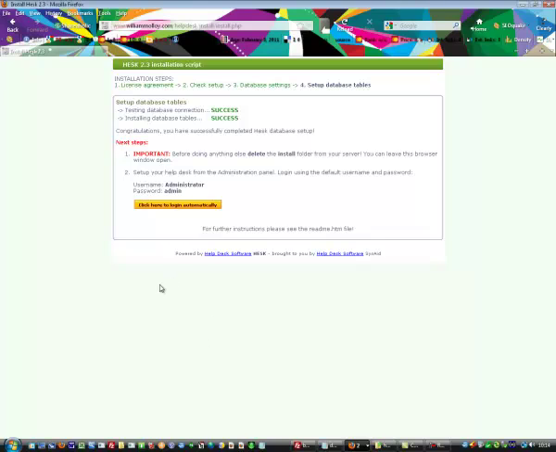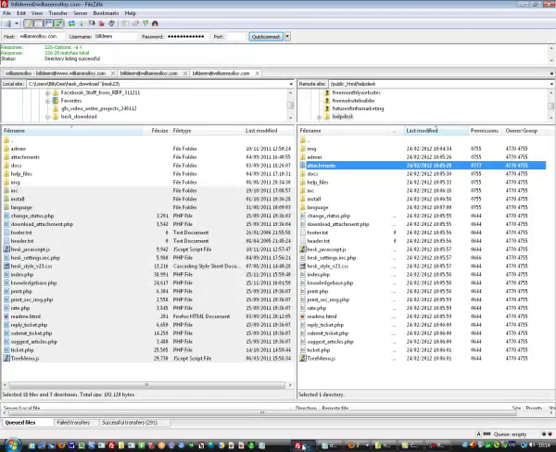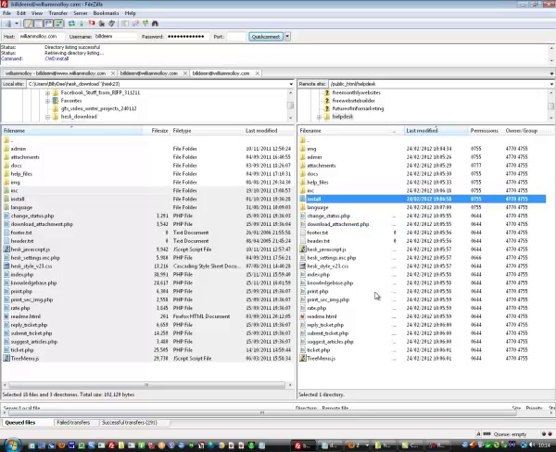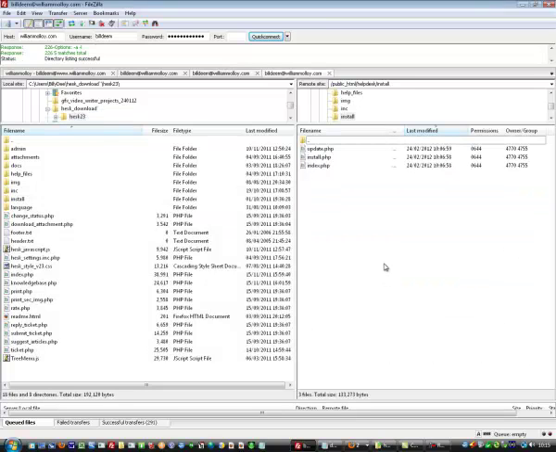What you need to do now is simply click on login automatically. The message received is to delete the install folder from your server for security reasons, then refresh this page. That's fine. You just go back to FileZilla, open the install directory. The install directory has opened now, so